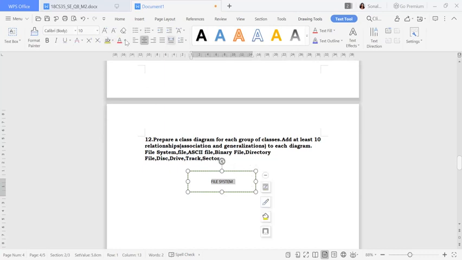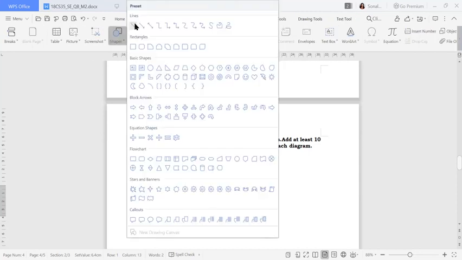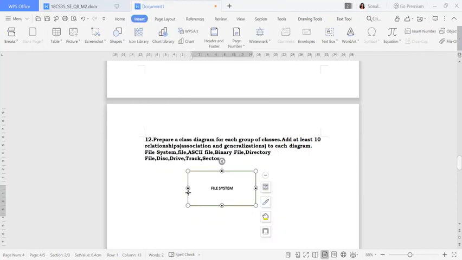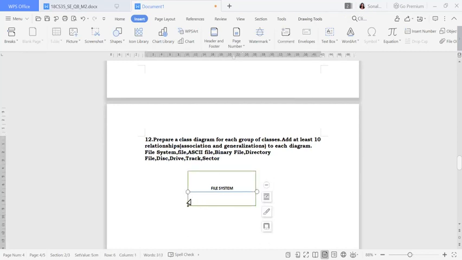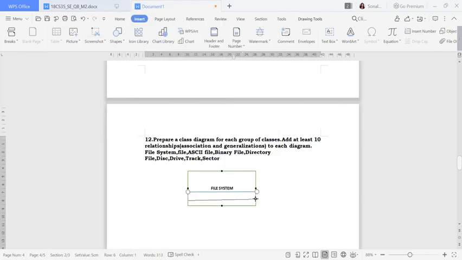I'll make it bold so all of you can see this. Below this, if you want to add any attribute names or function names, you can add that also. So I'll divide it into two sections, so that if you want to add some attributes or function names, you can add them, that is your choice. These are the two divisions I have done.